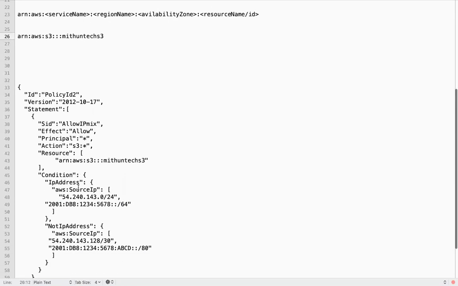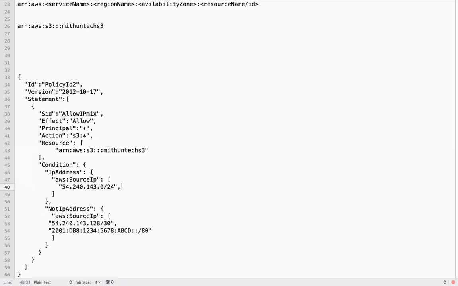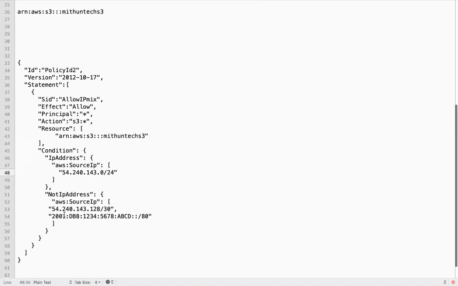Now I have given the ARN and I can allow from a specific IP or range, and within that I can deny some. If the request comes from this IP range, then only the object will be accessible.